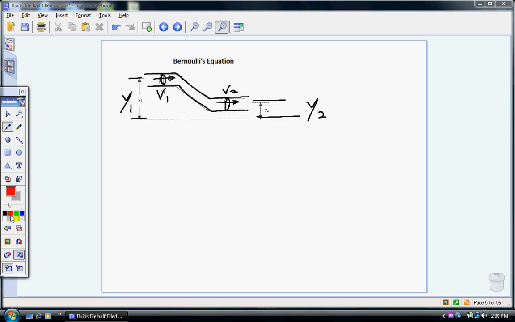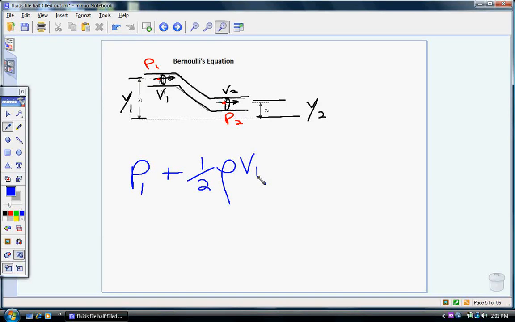And if you consider the pressure of the fluid up here, that would be P1, and the pressure in the fluid down here, that would be P2. And it turns out that Bernoulli's equation states if you take the pressure at point 1 and add this expression, 1/2 times the density of the fluid times the velocity over there at point 1 squared